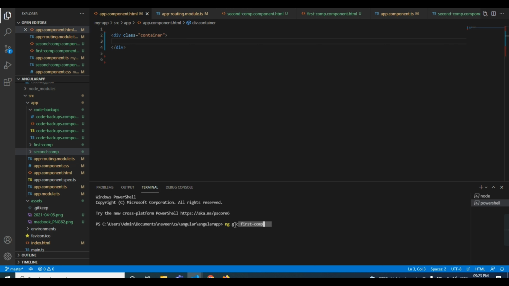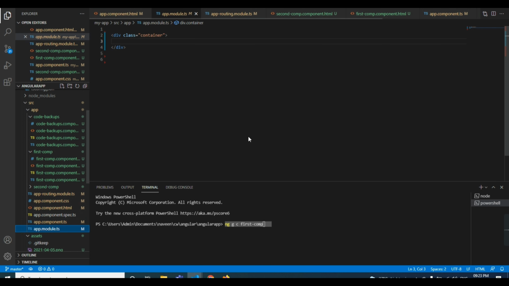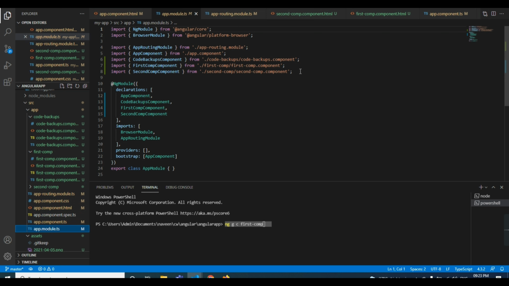This is the code to create a component. In this way I have created the two components, first comp and second comp. By entering this, two components are created and directly imported in the nearest module, the app module.